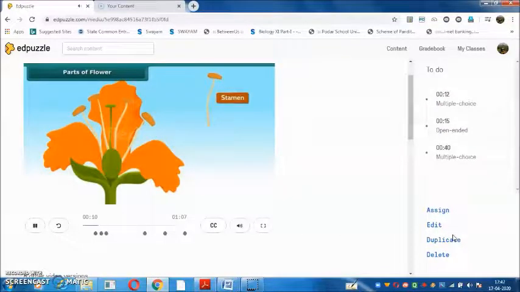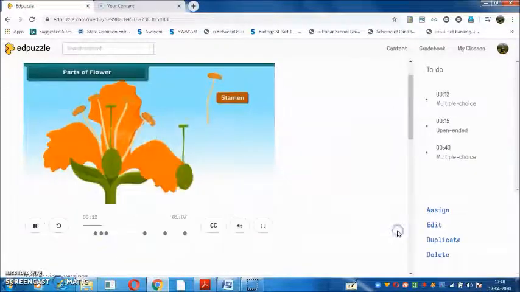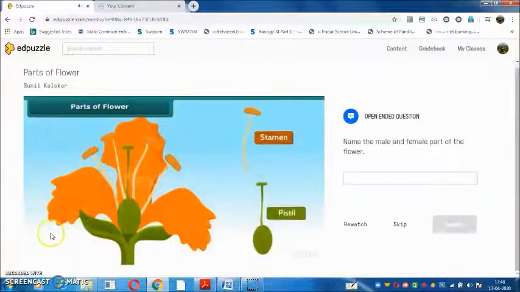Stamen is the male part of a flower. And so immediately after stamen, again a question has come, right? If you want, you can skip the question and go ahead. In the settings you can tell the students to opt for all the questions also, right? Likewise, you can go on adding the content, and at the end